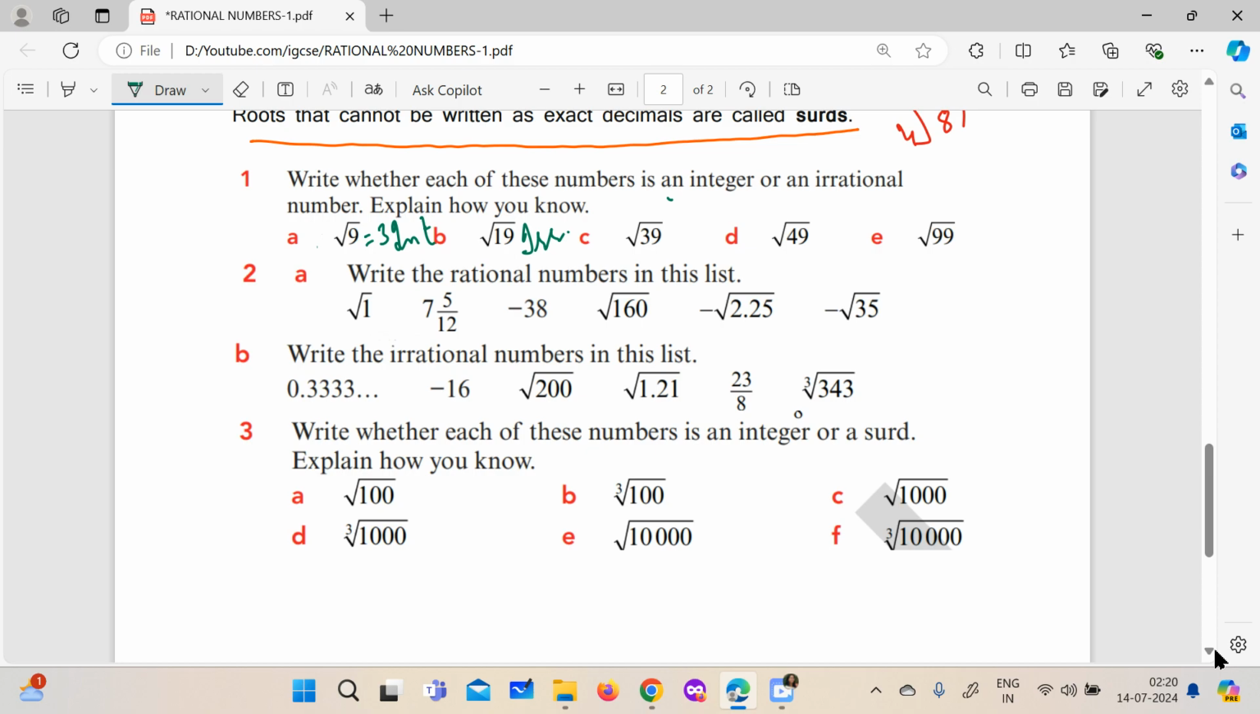Now root 39. For this also we will not get a terminating decimal as the answer. So this is also irrational. Root 49 is nothing but 7. So this is an integer. And again root 99, we will not get a terminating decimal for this as well. So this is also irrational. I hope this is clear to everyone. Next,